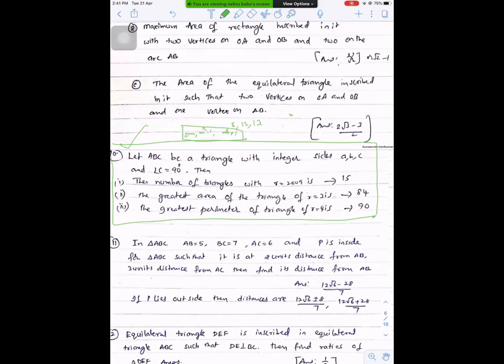We take the general case and solve. Yes, sir. If we take x square minus y square, no doubt it's correct. It will give all possible cases. I'm saying that whether x and y are integers or not doesn't matter. If you take general real numbers, every case is covered in that. If you take only x and y as integers, only some cases are covered. That I'm saying. Yes, sir.